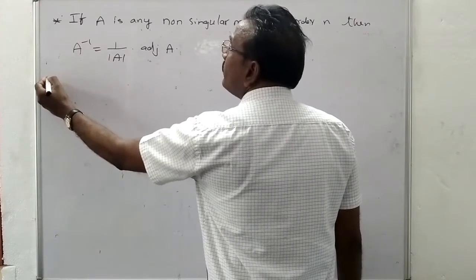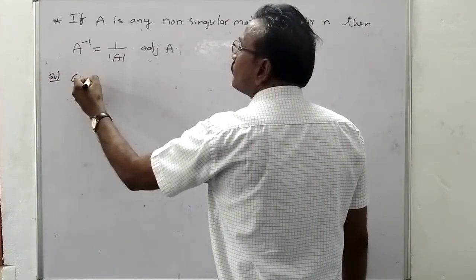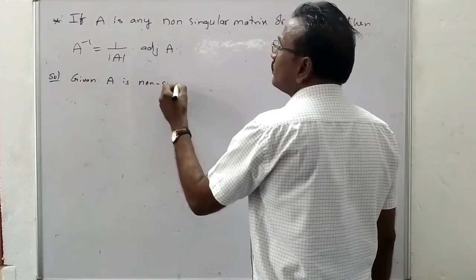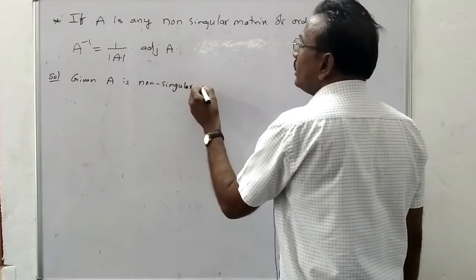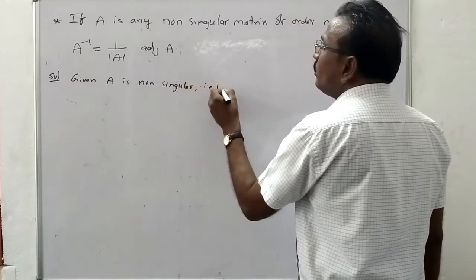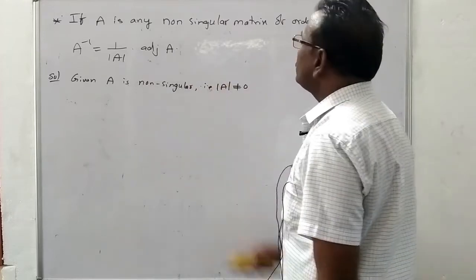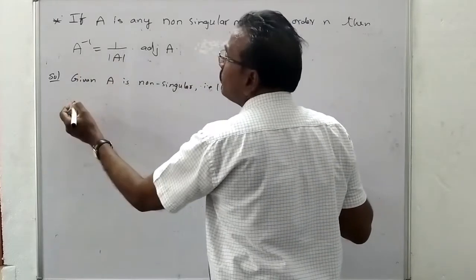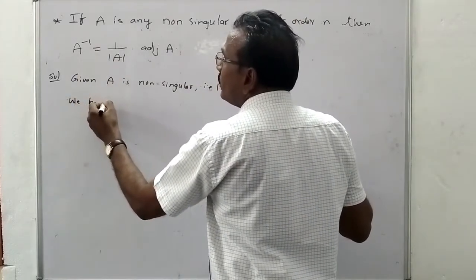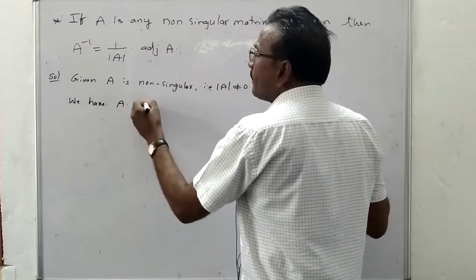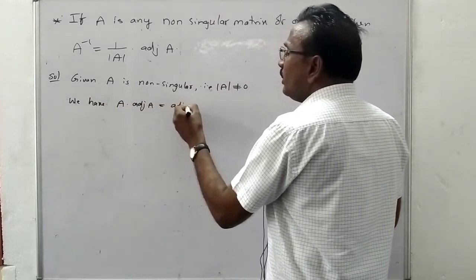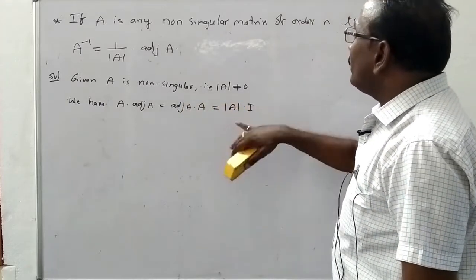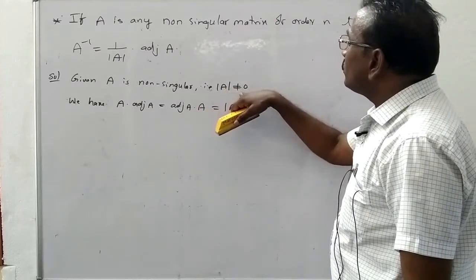If A is given as non-singular, that implies determinant of A is not equal to 0. Non-singular means determinant of A is not equal to 0. So here given determinant of matrix A is not equal to 0. We have already proved A into adjoint A is equal to adjoint of A into A is equal to determinant of A into I. Here, because determinant of A is not equal to 0, we can divide